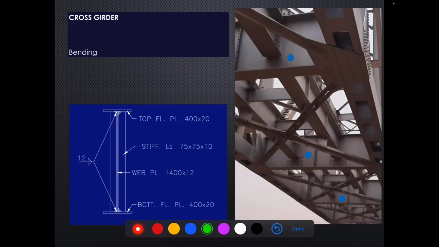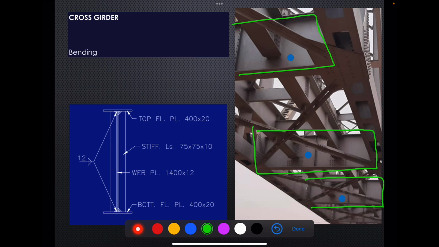Then we have cross girders. These blue dots you can see are all cross girders. So this is one cross girder. This is basically another cross girder. This is another cross girder here. These cross girders are designed for bending,